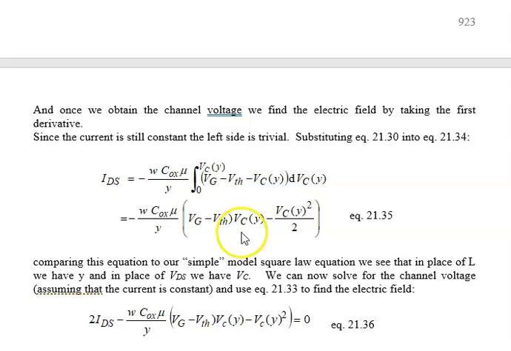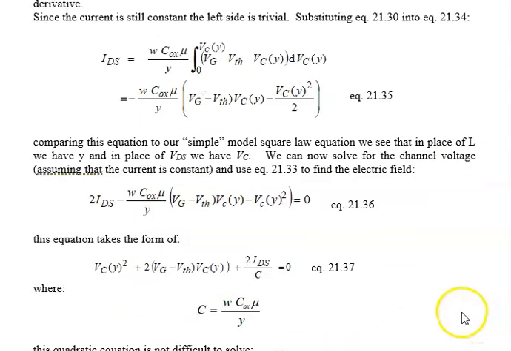Now we want to solve for VCY. And we just basically take this guy, bring it over to the left side. And here I know I must have a minus sign. So I'm playing a little bit fast and loose with my negatives. The IDS is also negative. If I had a plus sign here, I'd be in big trouble because I couldn't solve it. So that's the kind of reality check that one perhaps needs from time to time, if one, like me, is a little bit sloppy with signs.